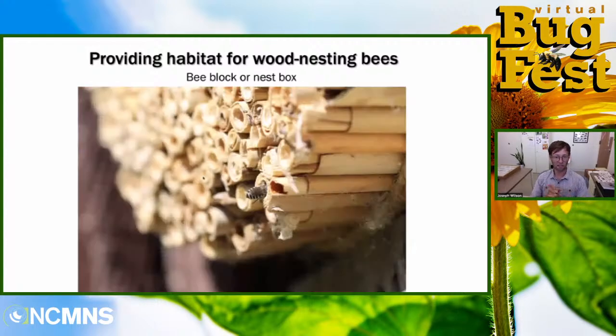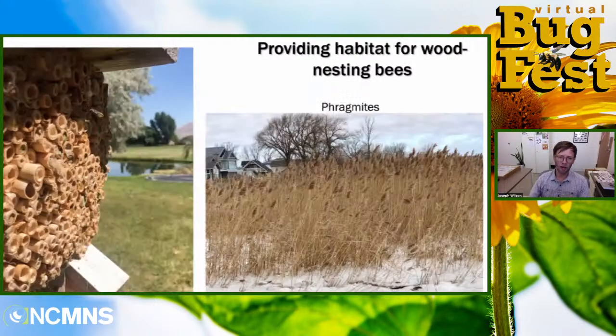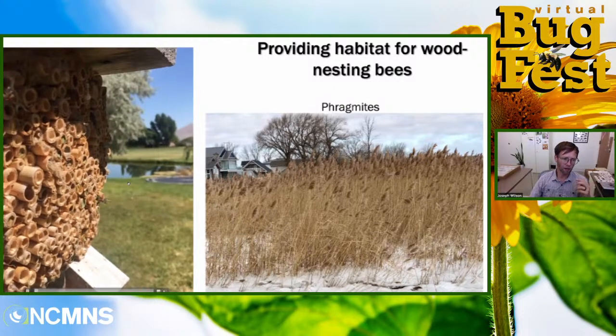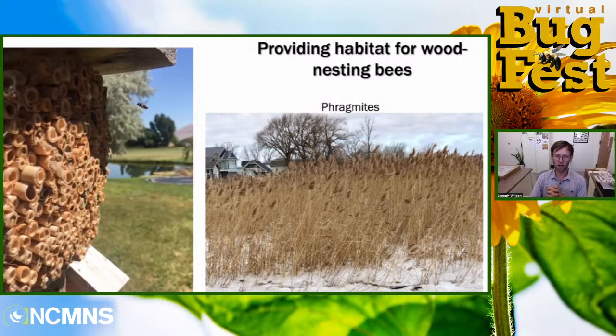Another way that I have had a lot of success with bees nesting in my yard is by making a bundle of reeds as a bee hotel. So I use these reeds out here in the West. This is Phragmites and it's an invasive reed. There are basically any hollow stemmed plant you can cut and bundle together. You try to leave one end closed and one end open. I have bundled these together in a big bundle. This is a leafcutter bee that is looking around for her nest entrance. Cool thing about the bee hotels is most of the bees that nest in these are very docile.